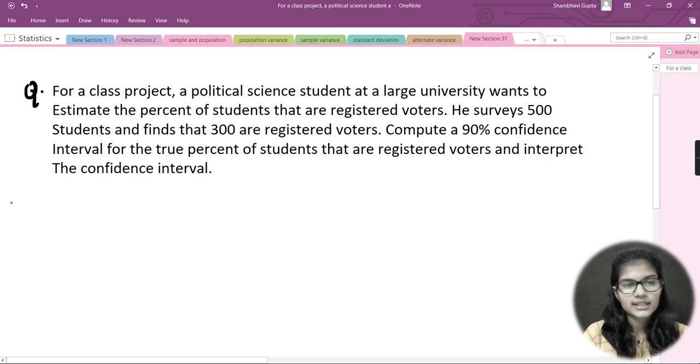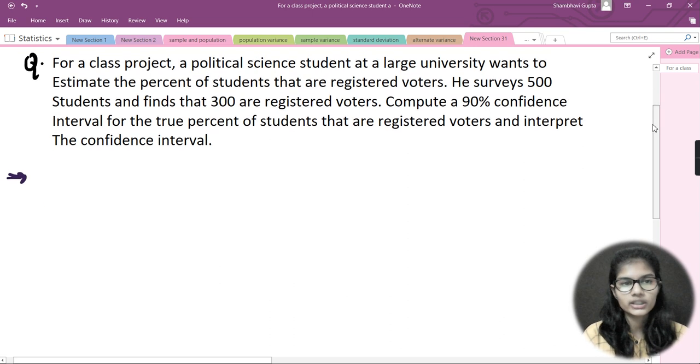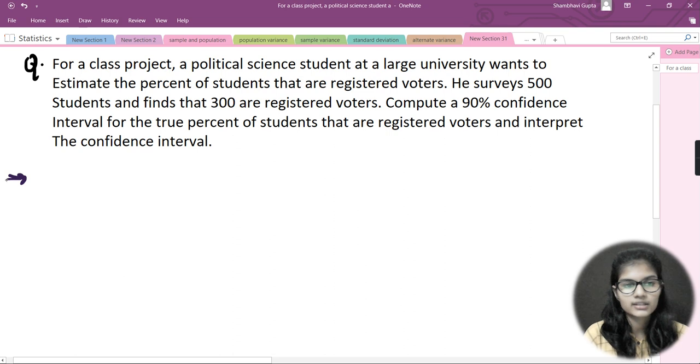Let's say I would just start writing the solution here for this question, and before that I would recommend you to pause the video here and solve this question on your own, and then verify whether the answer you got is correct or you made some errors in that, right?